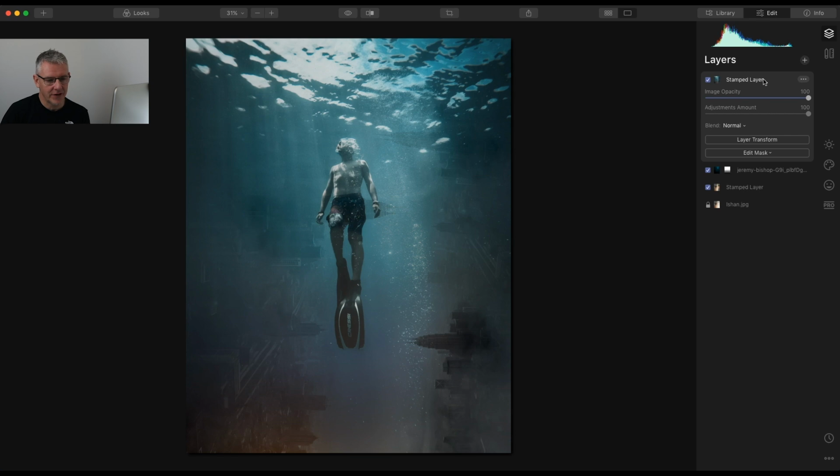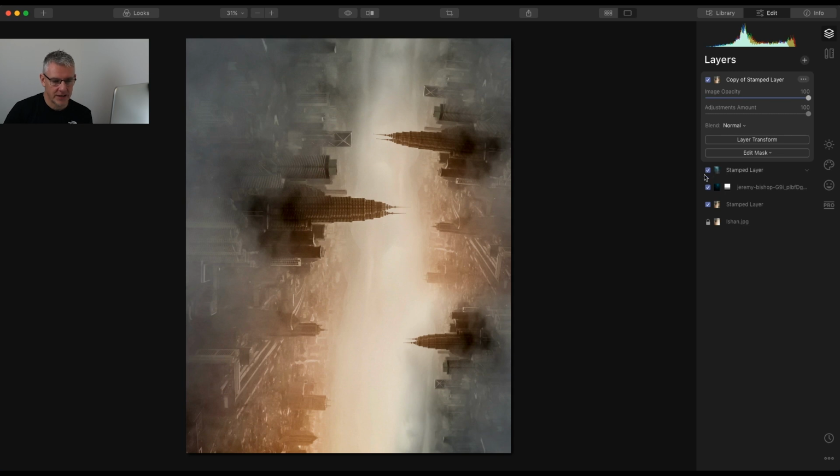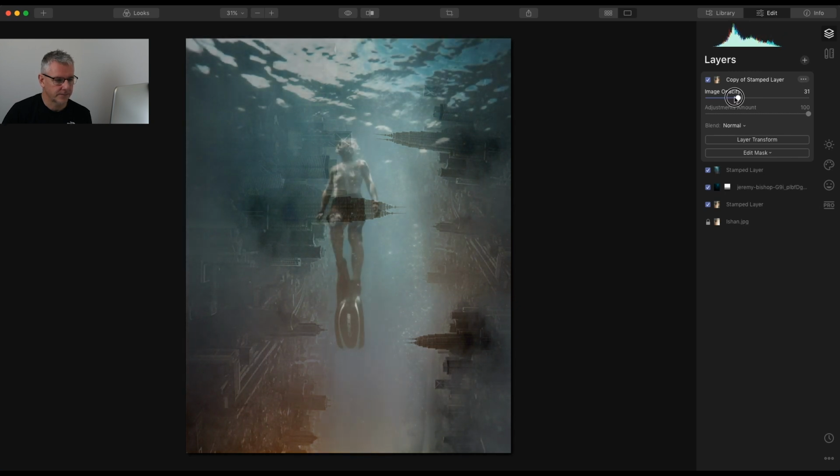Now I can, if I want, when we get to this stamped layer here, go in here and duplicate the layer. So we now have a copy of this. And I can drag that layer to the very top, which engages all the rest of the layers to turn on. And then I can turn the opacity of this layer right down to around, say, see there. With this, I can edit the mask,